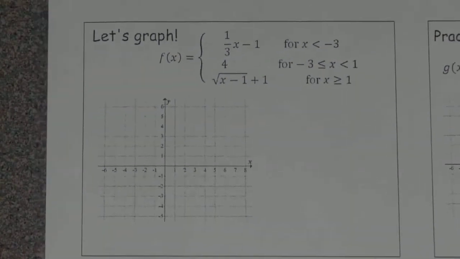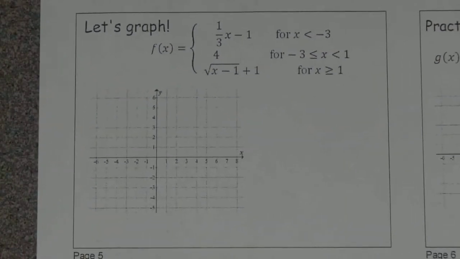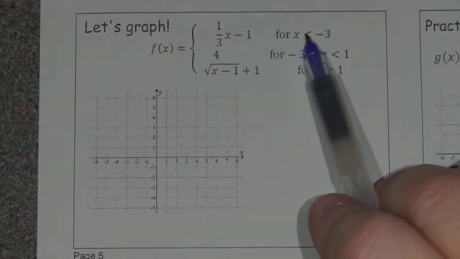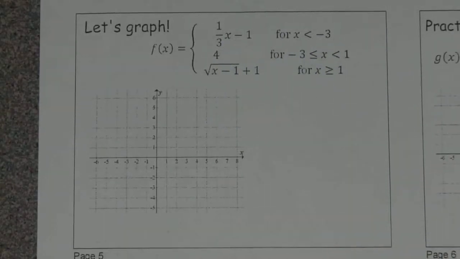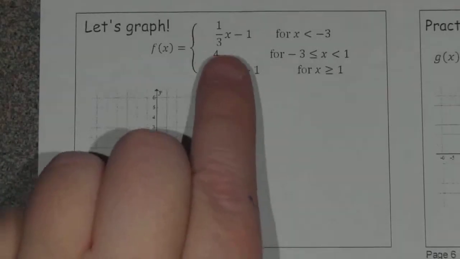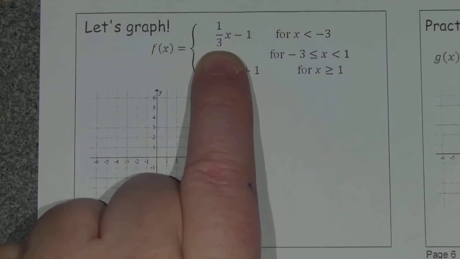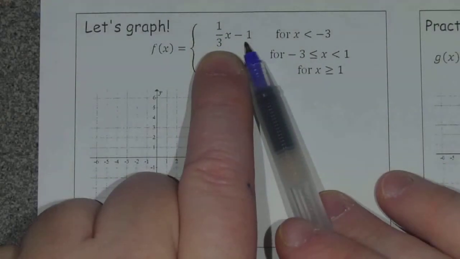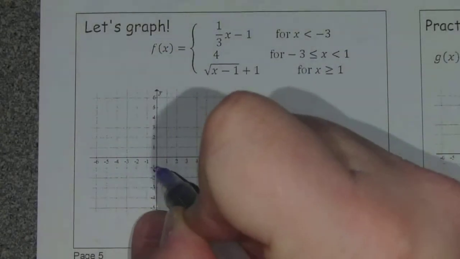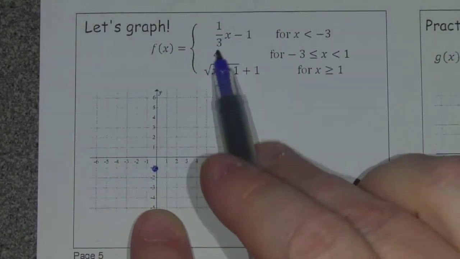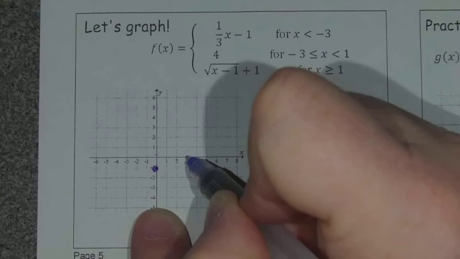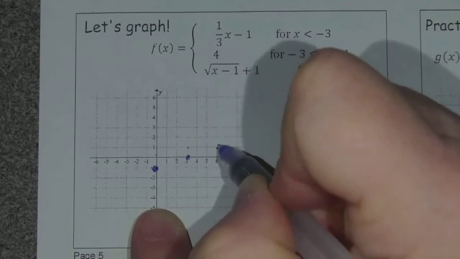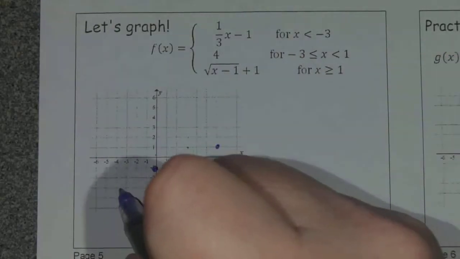All right, so now we want to go the opposite direction and we want to graph some of these instead. So this is actually 3 different graphs with 3 different sets of restrictions that we're going to graph here. So let's start with this first one. It's a line, 1/3 x minus 1. So where do I start out at? Down 1. And how do I follow my slope? Up 1 over 3. Up 1 over 3. My line goes through those